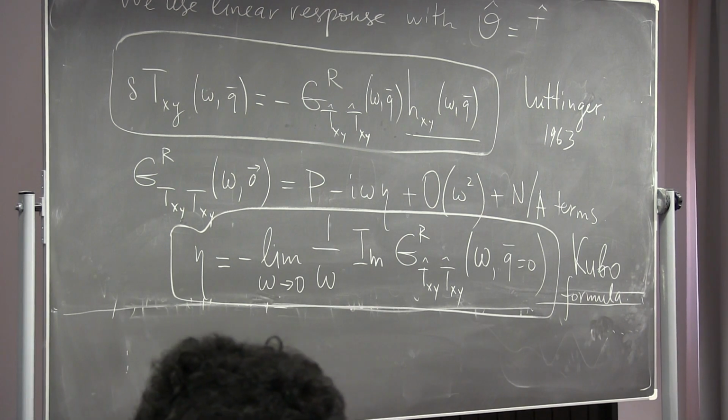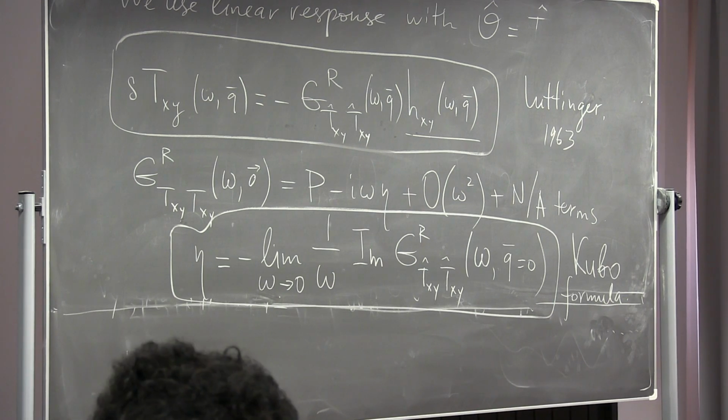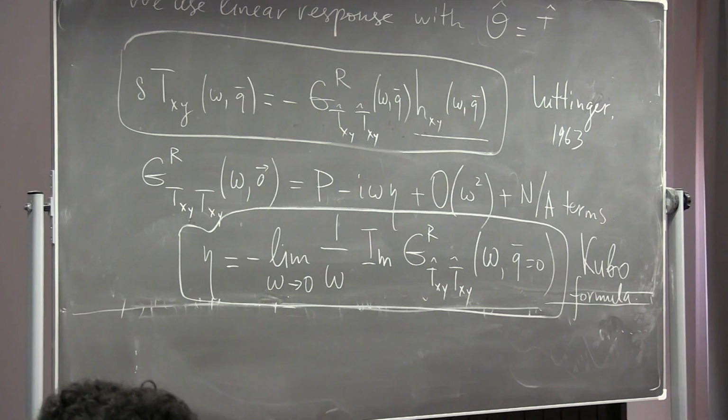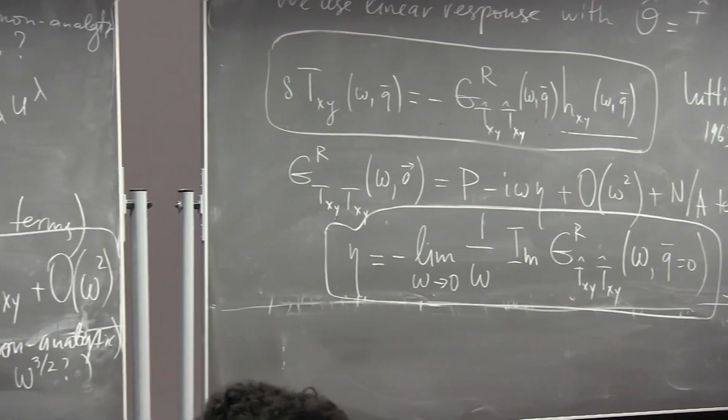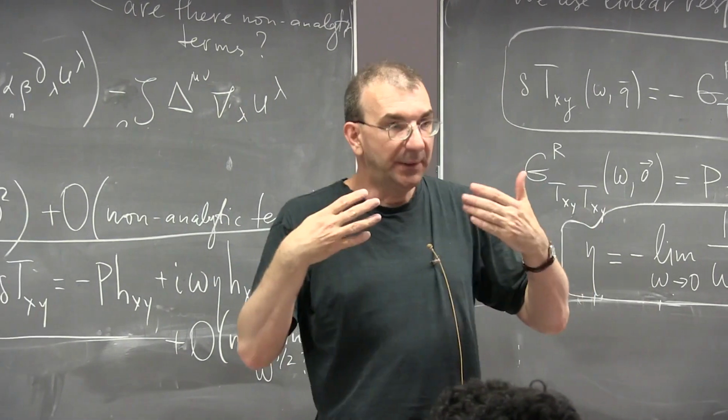We need thermodynamic properties of this system of a large number of interacting constituents, and thermodynamic properties can be computed if you know Z, the partition function. The partition function can be computed either perturbatively, for example, with finite temperature perturbation theory, or non-perturbatively on a lattice, in lattice QCD. But things which depend on time, meaning transport, right?